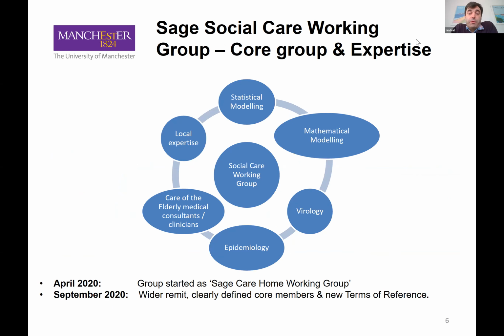And as I said, this is a multidisciplinary group, so we deliberately brought in experts from other settings to advise. One of our early papers was looking at data quality, and I do appreciate this is slightly divergent in some respects from a testing meeting, but I think it's important context, because in that we did some preliminary modelling, and Alicia Rosello from London School